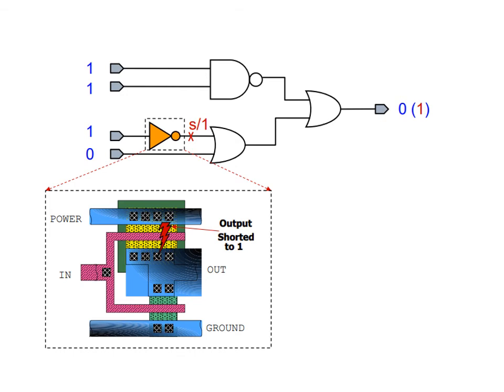Let us consider an example. Here you can see a NAND gate. When both the inputs are 1, the output is 0 in case of a NAND gate. So here the output has to be 0, and to an OR gate, logic 1 and logic 0 input is given, and this logic 1 is given through an inverter.